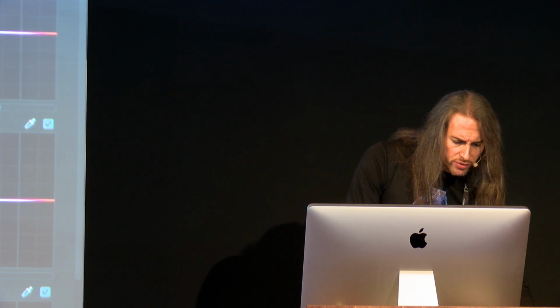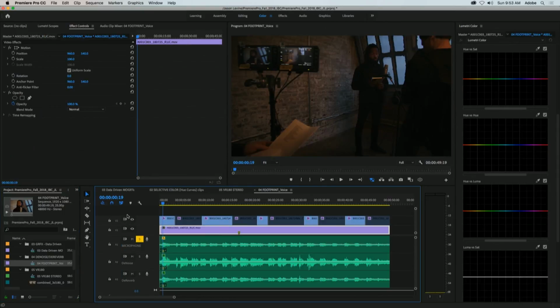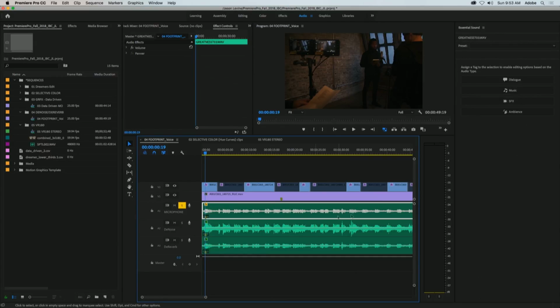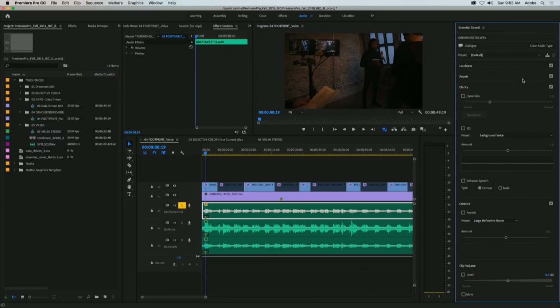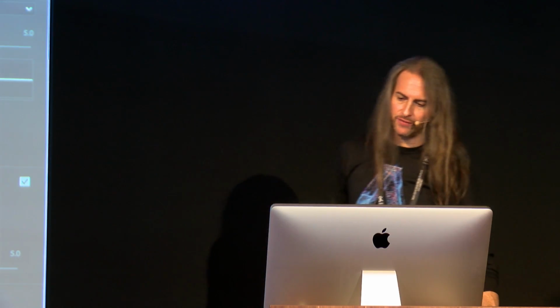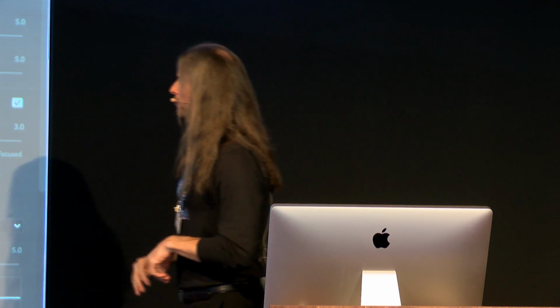Okay, and the last thing I'm going to show you here is something which I think any editor will truly appreciate. We will now be offering some new denoising and de-reverbing algorithms inside the Essential Sound panel for Premiere Pro. If you want to subtly, carefully, transparently remove noise, you've been able to do it in the past. We had an adaptive noise algorithm here. But the algorithm was a little bit older, and it took a bit of time to actually adapt and kick in. So you'd end up with this gated